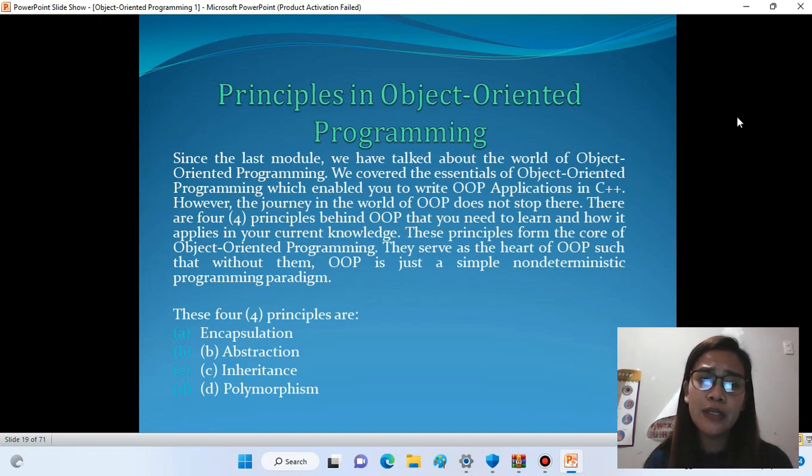However, the journey in the world of OOP does not stop there. There are four principles behind OOP that you need to learn and how they apply in your current knowledge. These principles form the core of object-oriented programming. They serve as the heart of OOP such that without them, OOP is just a simple non-deterministic programming paradigm. These are the four principles: encapsulation, abstraction, inheritance,